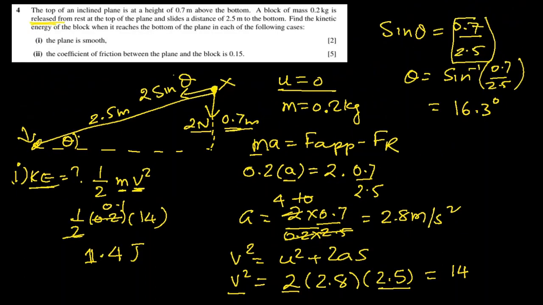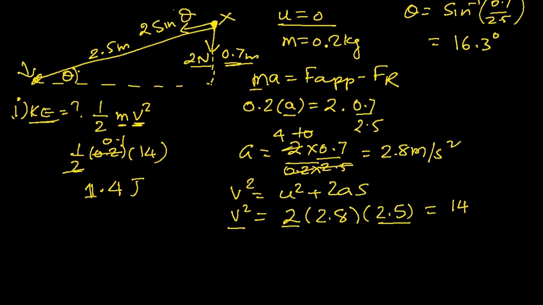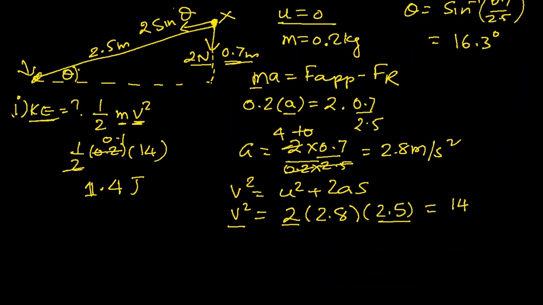Now second part. The coefficient of friction between the plane and the block is 0.15. So that changes things. So now we have 0.15 coefficient of friction. So there will be a resistive force now. So let's find that resistive force first. Okay. So that force will be force of friction, which is mu times R. Mu is given to us